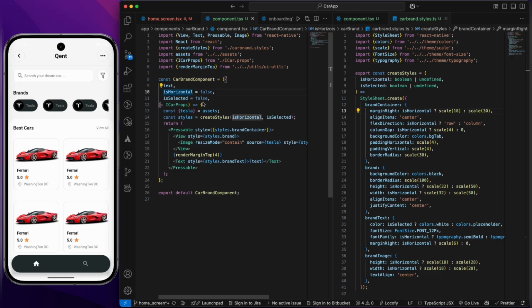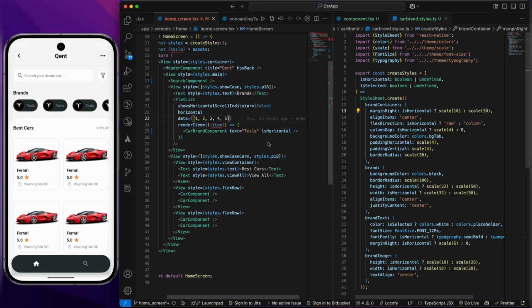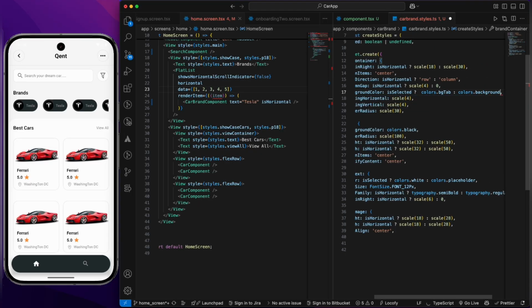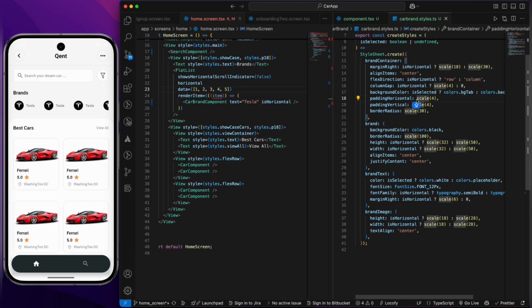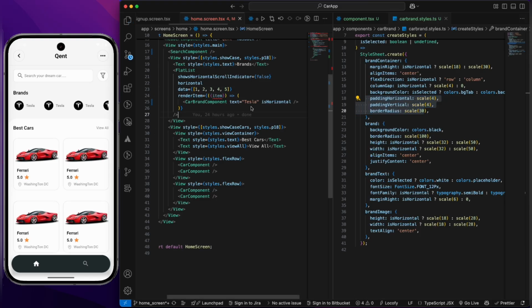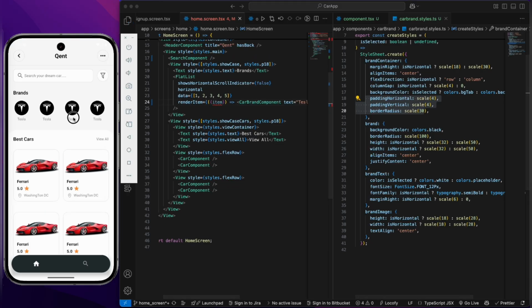Okay, and let's come back. So now if it is not selected, then I do not want this background. So let's add is selected only, otherwise let's add colors dot background. Yeah, like this. And also padding horizontal, let's make it invisible, or let's keep it like this. So let's remove this is horizontal. Yeah, so as you can see,